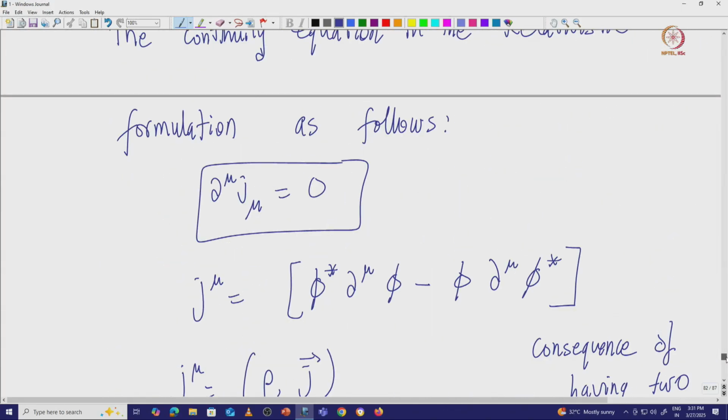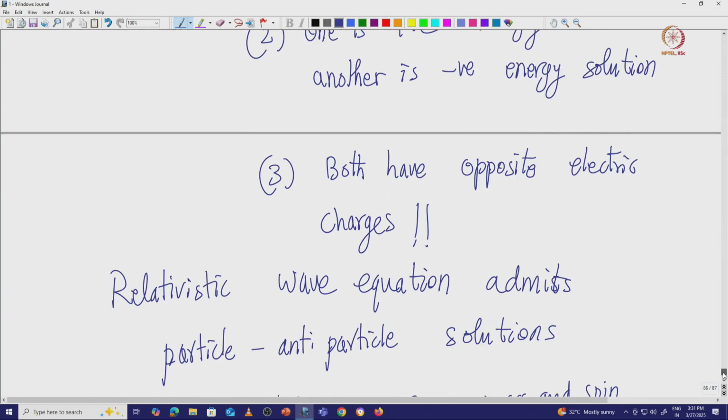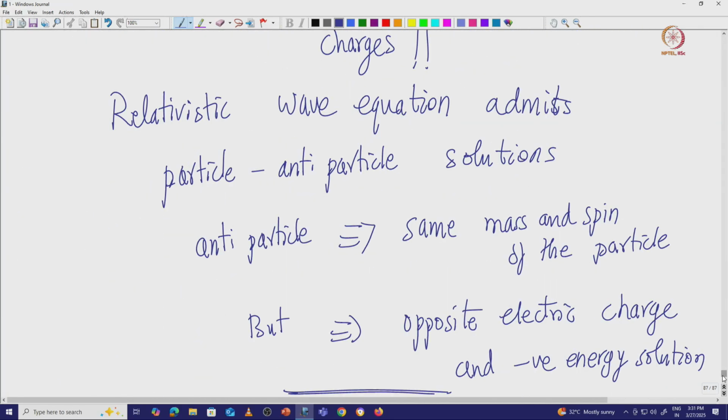And so for the first time we have seen the solutions of the Klein-Gordon equation. In the next class we will actually couple it with the electromagnetic field and make these interpretations completely concrete, because so far we have not put any electric charge for these fields. We have not coupled it with the electric field and shown that this has a positive charge or this has a negative charge. So this is what we have to show explicitly, and then we will be able to interpret this in a more concrete fashion. So I will stop here, and I will meet you in the next lecture.